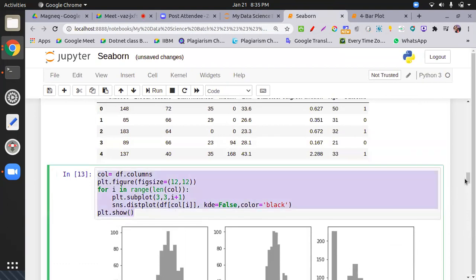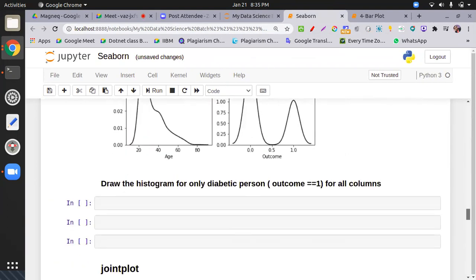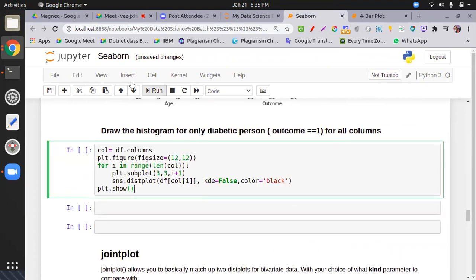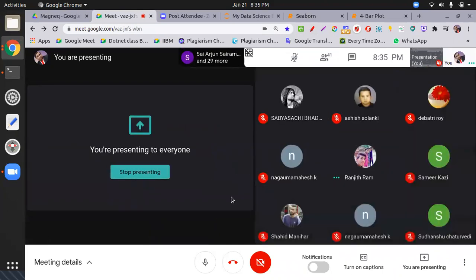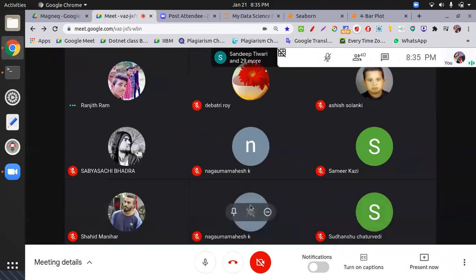Yes, please. Okay, what's your good name, dear? Mohammed Anas. Anas, I sent you the Google Drive link. There is a zip file. You have to extract it first. Download, extract, then paste. Okay, Ranjit. Ranjit, you downloaded the zip file? Sir, downloaded, but it does not open. In this case, you have to share your screen. Then I will be able to help. I'm just stopping my presentation. You please share your screen.